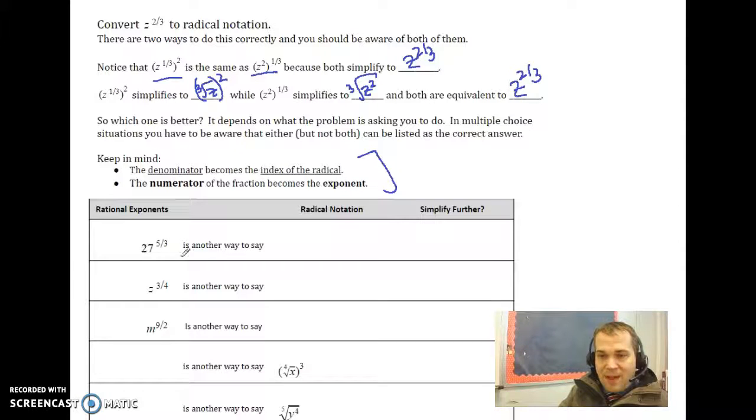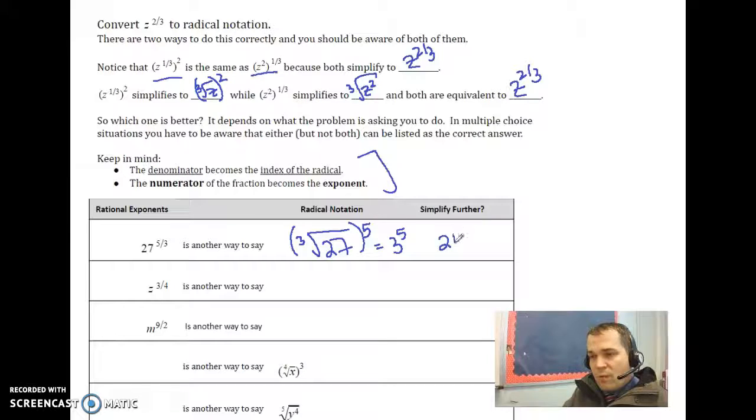So let's look. Here I have 27 to the 5/3 power. I want that in radical notation. The denominator is always the index of the radical, and the numerator is always the exponent. So definitely I'm going to do the cube root of 27 for sure. The question is, should I make this 27 to the 5th power and put the 5 on the inside, or should I put that 5 on the outside? Since this is something I'm going to have to evaluate numerically, I don't want to take 27 to the 5th power. That's crazy. I'm going to put that 5 on the outside. So, the numerator's outside as the exponent, the denominator is the index of the radical. Now I'll find the cube root of 27. What multiplies by itself 3 times to give me 27? 3 does. And then I could take that 3 to the 5th power to get a final answer of